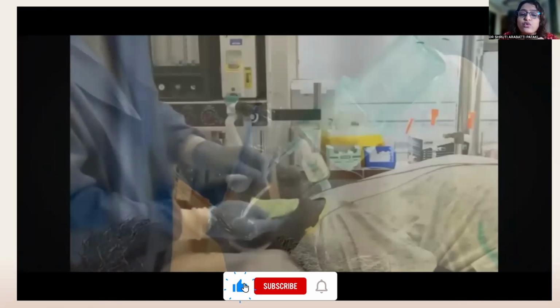When you compress on the suprasternal notch, you are generating a back pressure, and this pressure is transmitted through the nasogastric port opening. So the gel will bounce up and down gently. If it does that, that means your nasogastric port is in place, that means the LMA is in place. So that's how you confirm the placement.